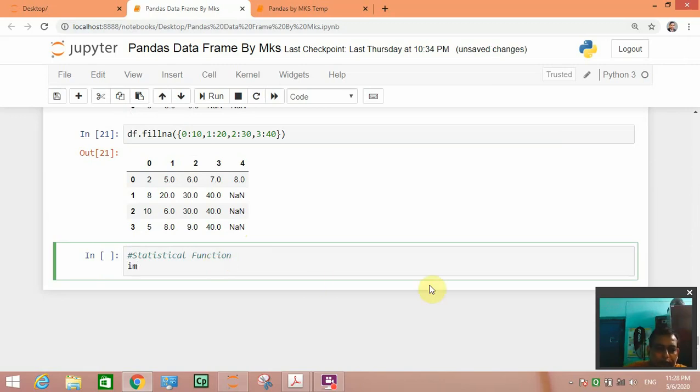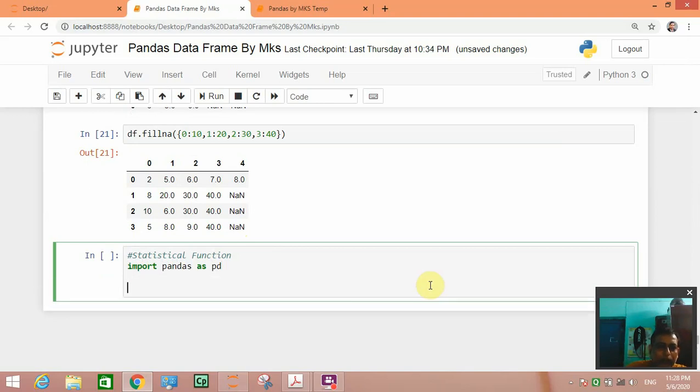First we will write import pandas as pd. Next we will write a dictionary, a nested dictionary.